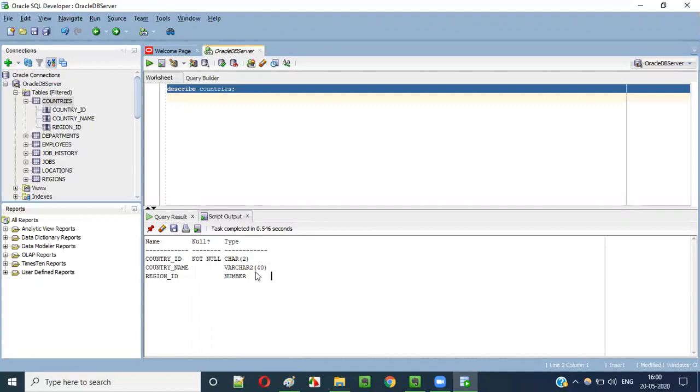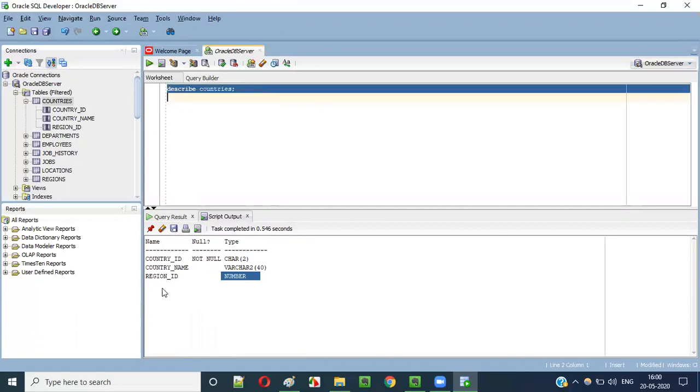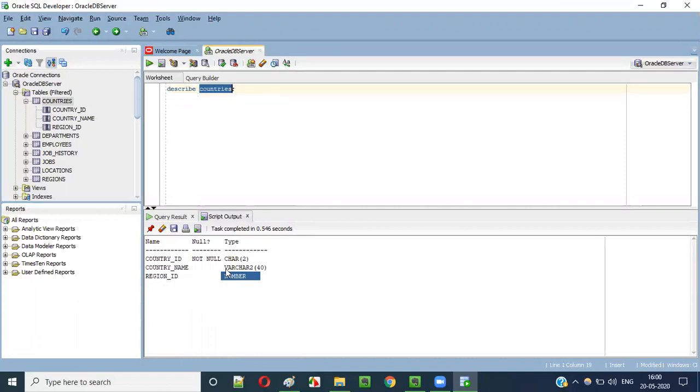Here varchar of 40 means the size is 40, guys. Okay, you can type a string of 40 size. Here number means any number you can enter. So this is a statement for finding out the different columns and their names in a particular specified table, along with the data type of each and every column, including its size, that is, the data that we can insert into the particular columns.